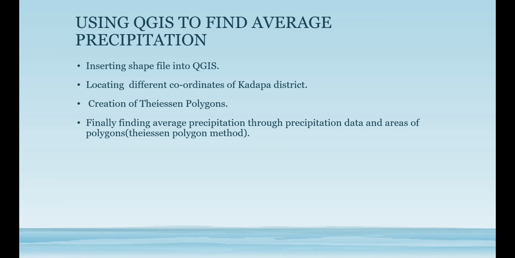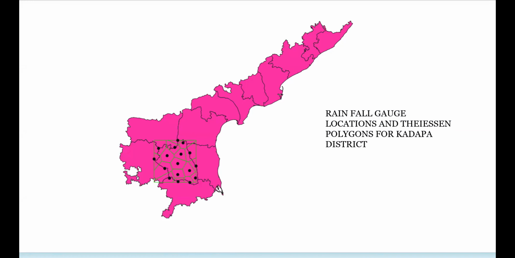Whatever you put down there, you're accountable for that. When I say you, I'm talking about everybody in general. Keep going. Then you create the Thiessen polygons. Then we'll find the average precipitation through given precipitation data and areas. So show us your steps. Very good.